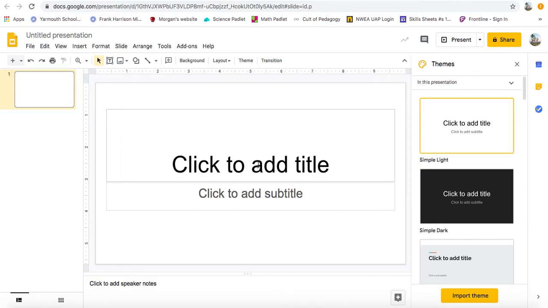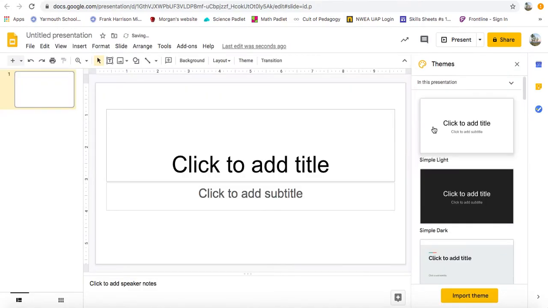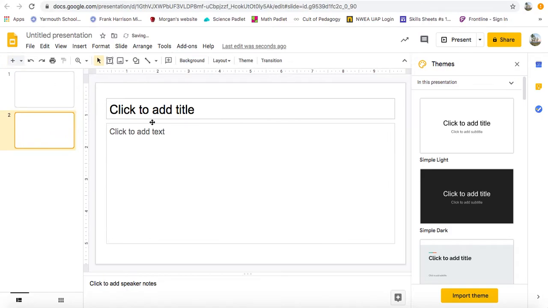I've opened up a new slide presentation, and I can change the background to anything that I want here. I like presentations with a lot of photos to have a dark background, but you might like to have a light background, and if you're doing writing, you might want to have a lighter background as well. So I'm going to stick to the basic default background that they use here, and they always start with a title page. When you add additional slides, you'll see a bigger text section and then a headline up at the